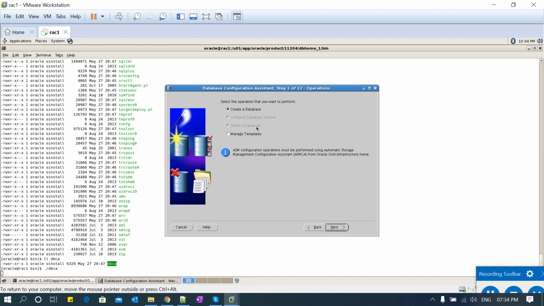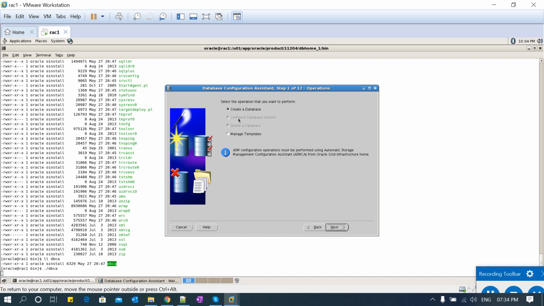The configure database option and delete database option are grayed out because this is a brand new server and there is no database configuration. If a database is already configured, these two options will automatically be enabled. If there is a database already installed, this button will be enabled and you can delete that database using DBCA.